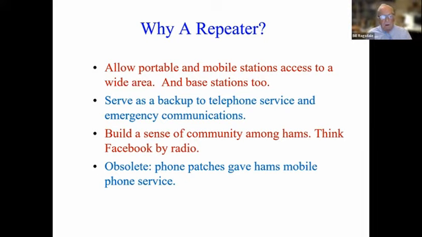An obsolete detail. Years ago, back in the 70s, 80s, and early 90s, before cell phones came along, amateurs could tie in a telephone line to their repeater and then use their handy-talkie or their mobile station through the keypad to dial telephone calls. And it was a very handy feature where we had car telephone service well before everyone else. With the advent of cell phones, this has pretty well fallen into disuse.